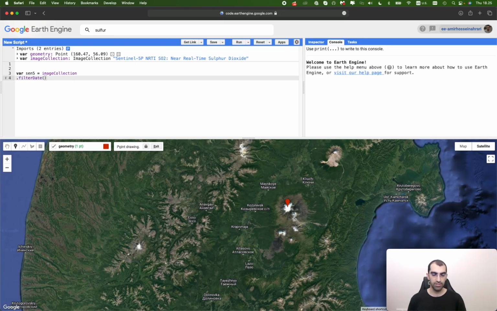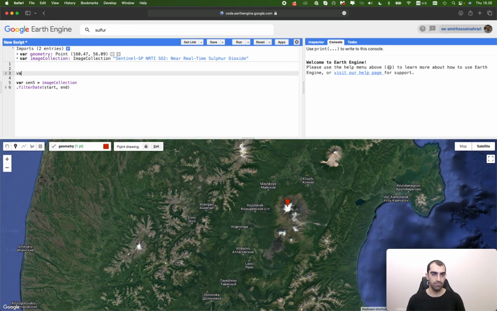Define a filter date to limit your data to a specific range of the dates or for a specific year. So, two variables needed for two arguments. One argument start and another one end date. So, make two variables. First, time start. Earth engine.date converts your string to the date format. The string value is